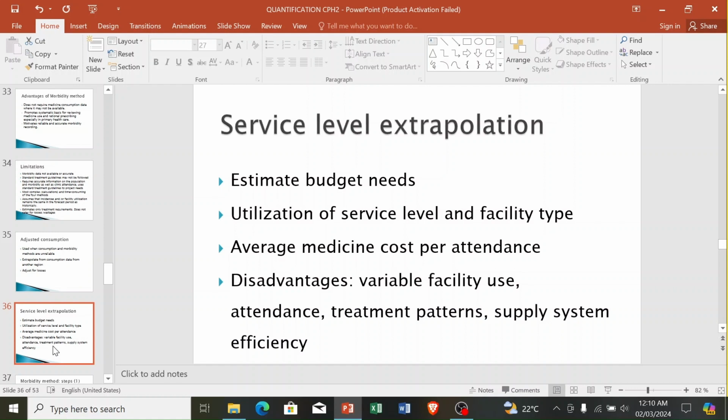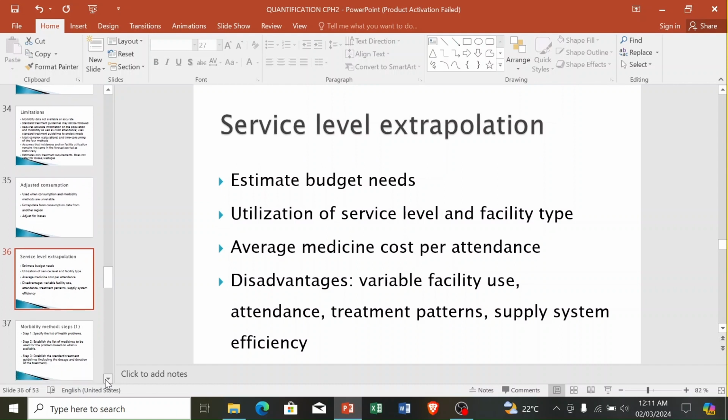However, it also has disadvantages. We see variable facility use and attendance, of course, the number of people coming, and then we may underuse the facility or the facility's functions, and treatment patterns may vary. And then we see that there is an issue with supply system efficiency. Because of the type of the facility, the supply system may delay, may have issues along the way, it may not be efficient. So that is with the service level